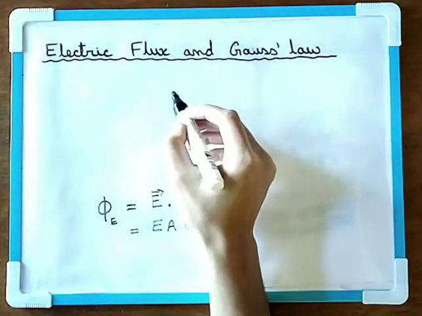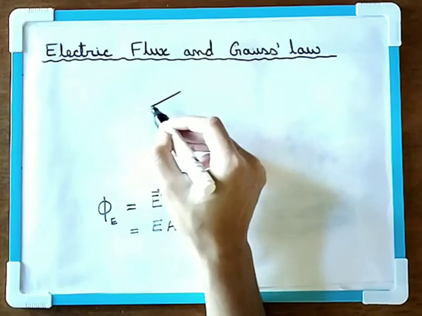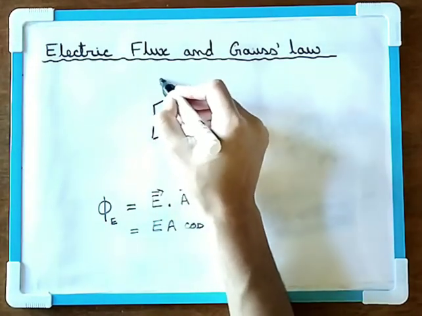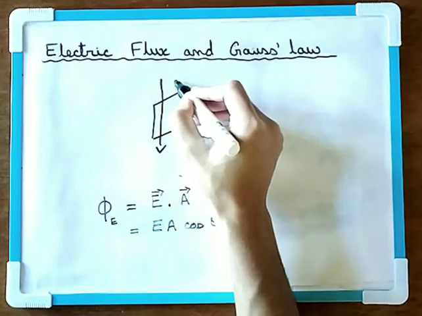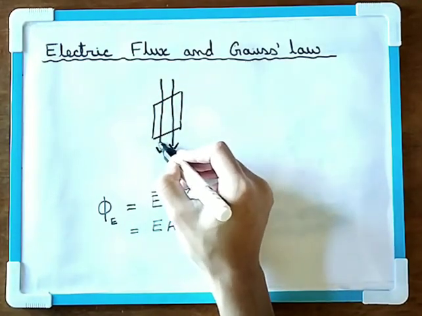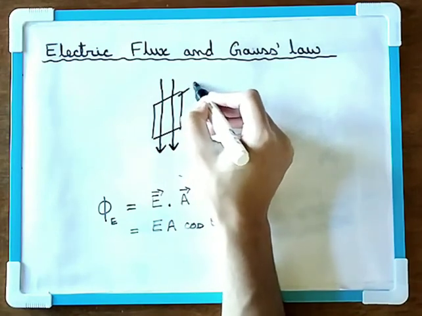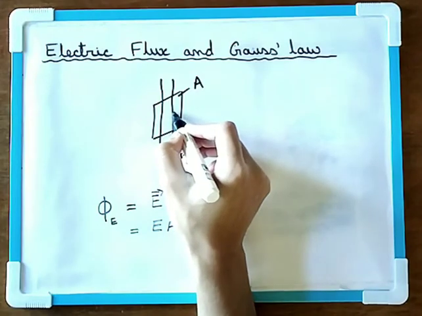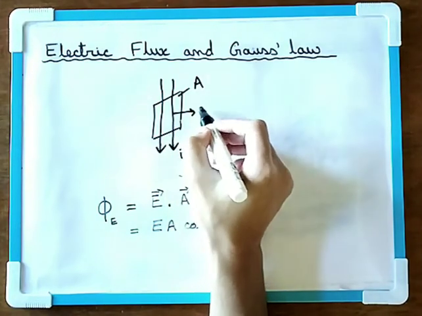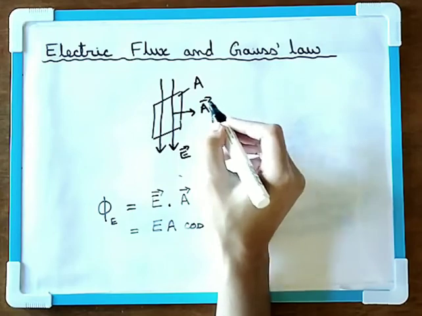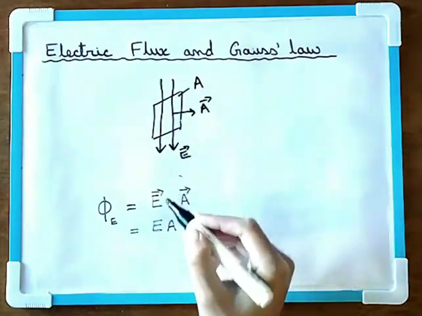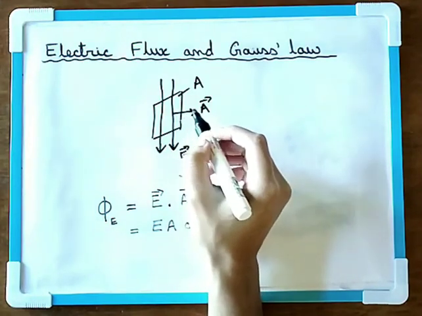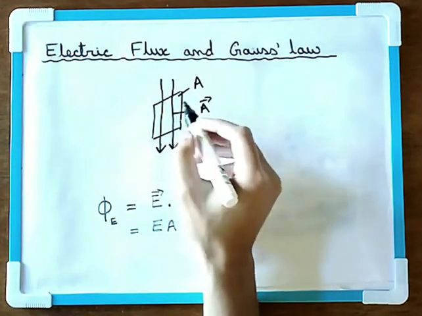Now what happens if your electric field lines do not pass through the area? Instead, they just glide along the area. In this case, your area vector will be in this direction, normal to the area, and your E vector is in this direction. So here, the angle between the E vector and the area vector A